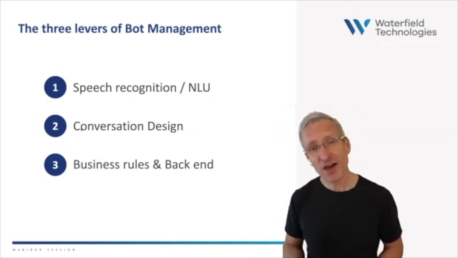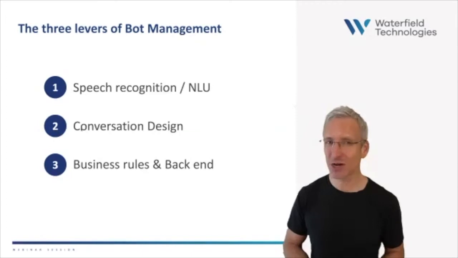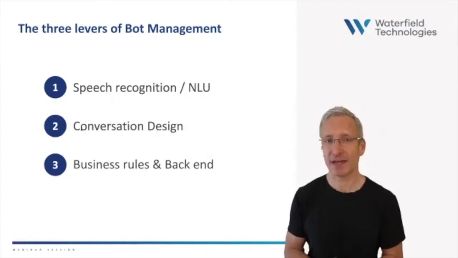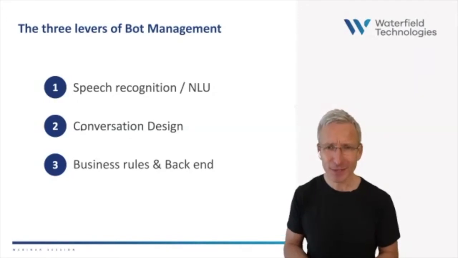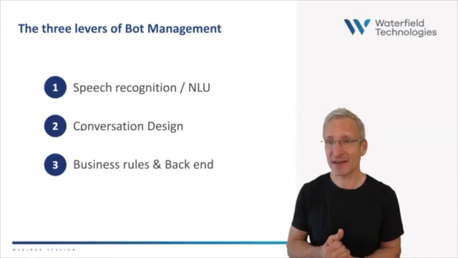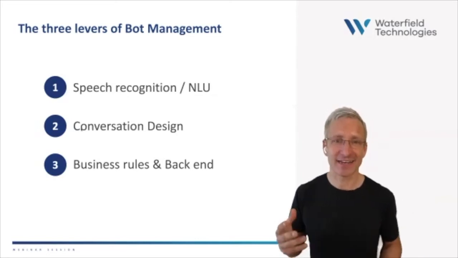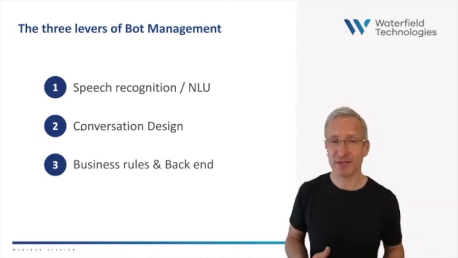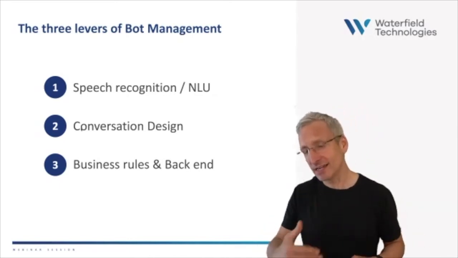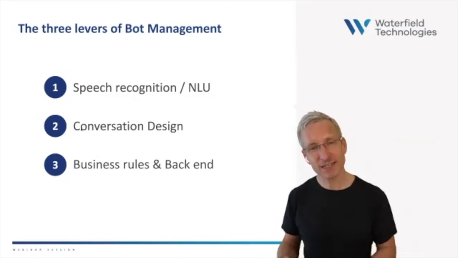And there's a third, and actually, business rules and backend can be some of the biggest contributors to loss of performance, much more so often than you would expect, compared to understanding and conversation design. Otherwise brilliant designs can fail to deliver on the expected outcomes if business rules or API timeouts are sending customers to agents when they could be helped by bots. So revisit your business rules. If you're sending people directly to agents rather than taking them through to automation, it might have been the right idea at the time, but is it still the case?